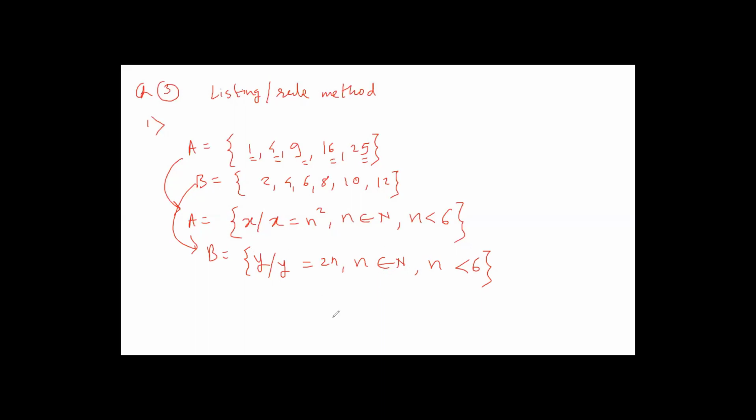So this was your question 3. We have solved the first example. Now there is question 4. Question 4 is: write the following sets using listing method. So you have to list here. First is all months in the Indian solar year. So you are going to list. You are going to write here A as